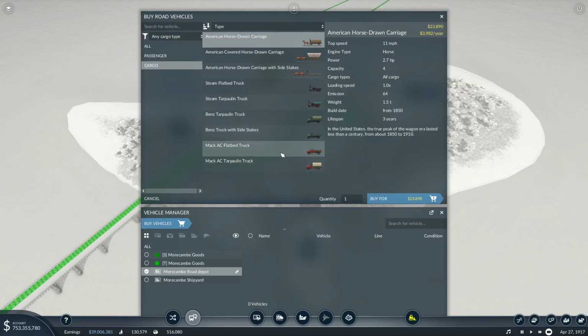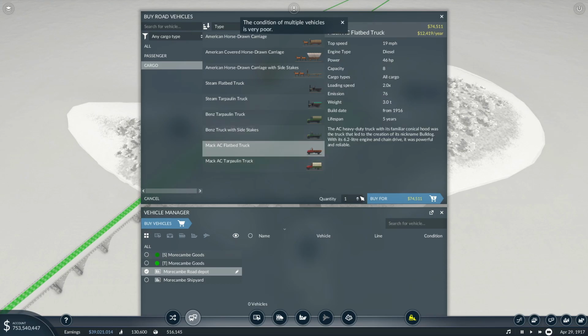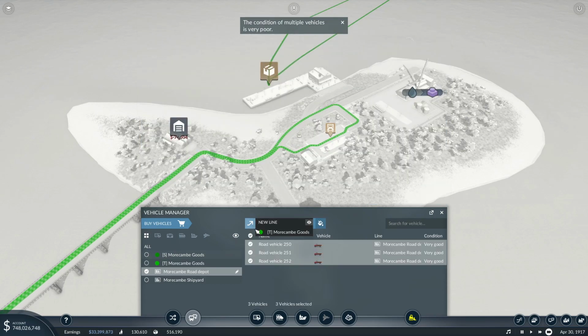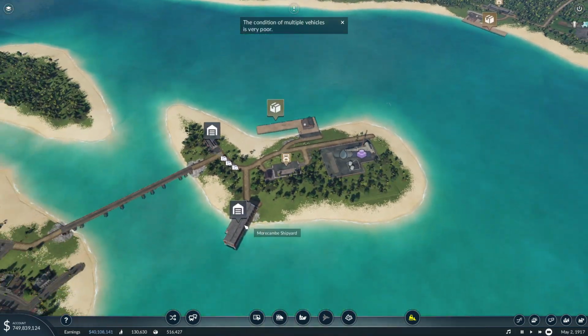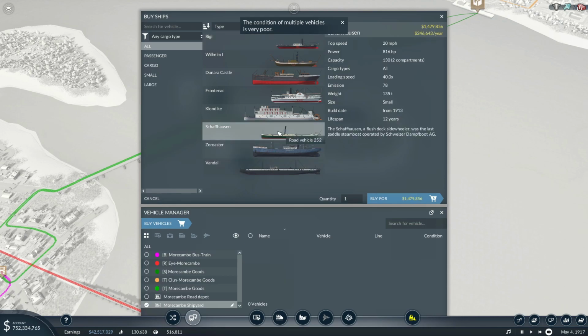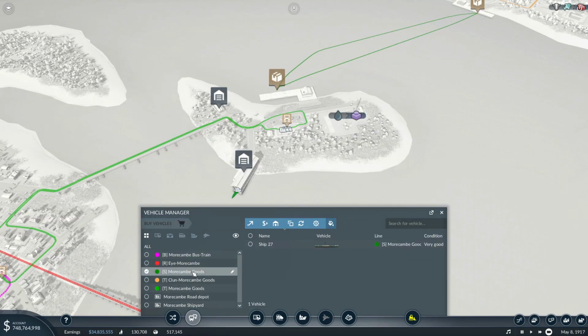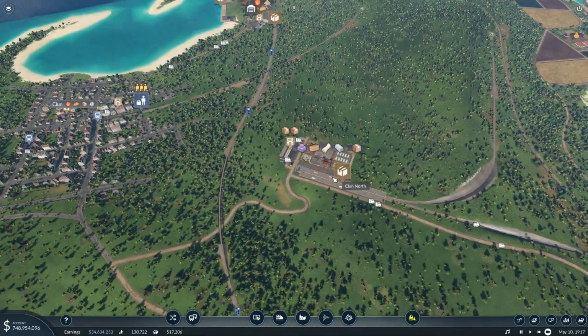So, for the Morecambe line, we are going to use the flatbeds. Maybe we'll get 3. We can use this to get a ship on there. These, yeah, we'll probably use 1 of these Schaffhausens. Let me just make sure I put that on the right line. I did. And now on this line,